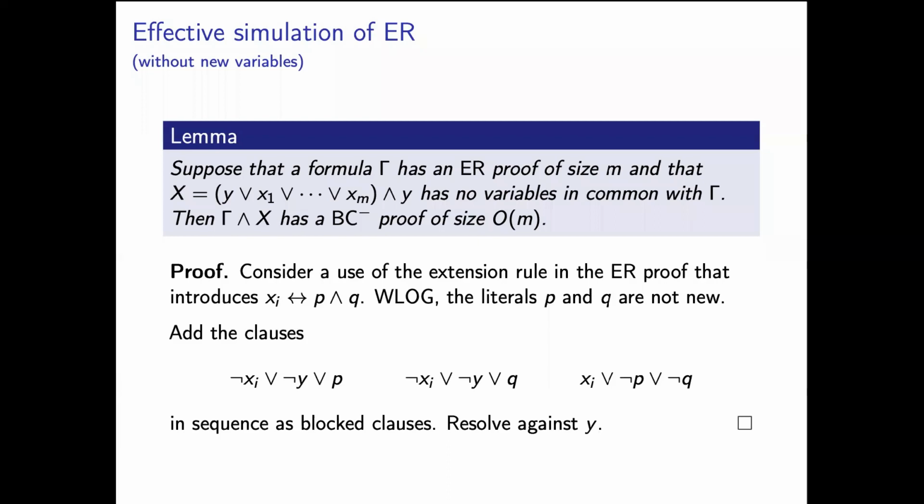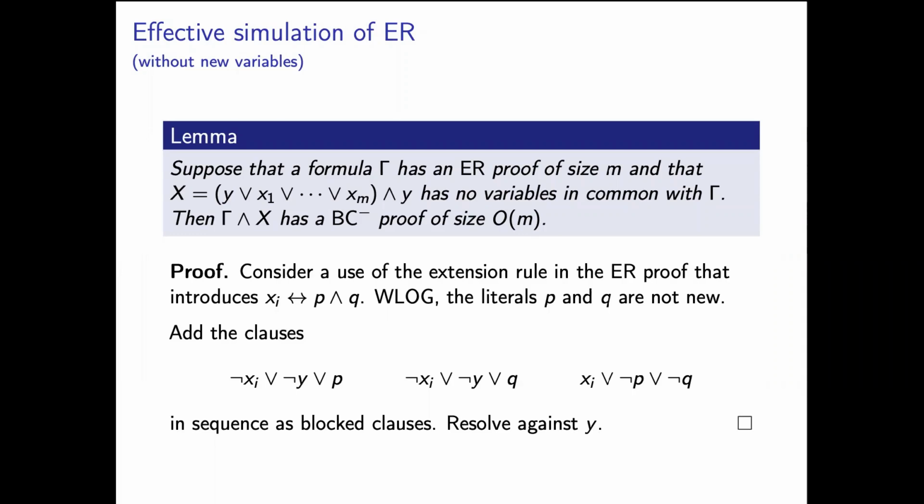Both systems have access to the resolution rule. You basically just need to simulate the addition of these definition clauses. Okay, in this BC minus, what you do is you add this clause. This is blocked for not xi. Why? Because the only clause where xi would occur is here, and you have not y here. Okay,